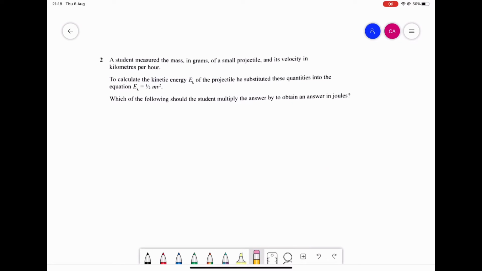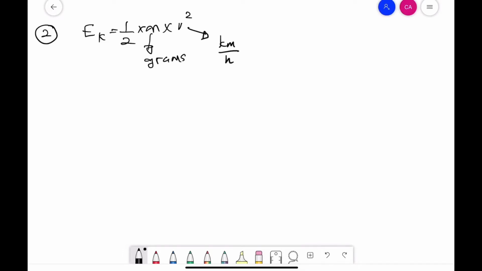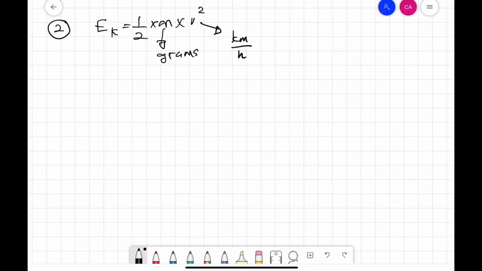This is the second question. Kinetic energy can be written as half times mass times V squared. The student in the question measures mass in grams and velocity in kilometers per hour. However, the question asks which of the following the student should multiply the answer by to obtain an answer in joules. So when the question asks for joules, we need everything to be in SI units, because in SI units